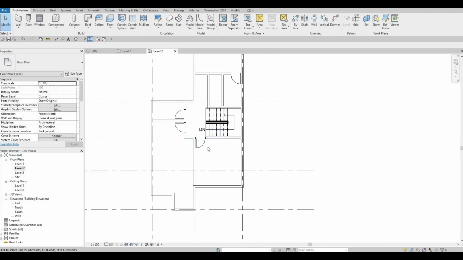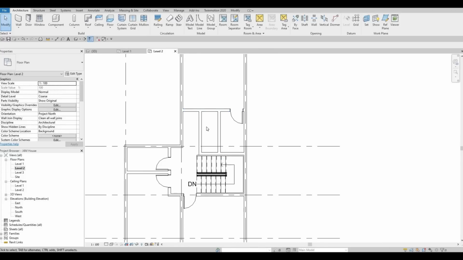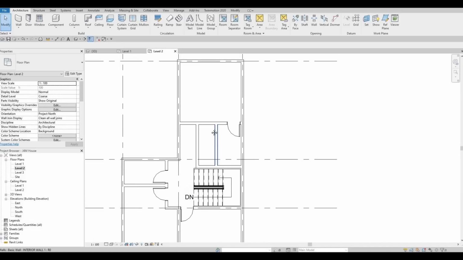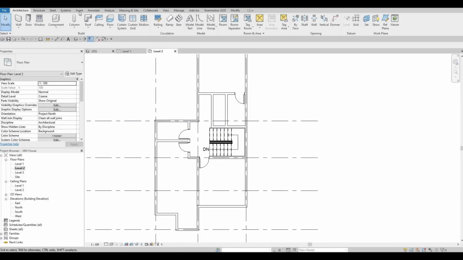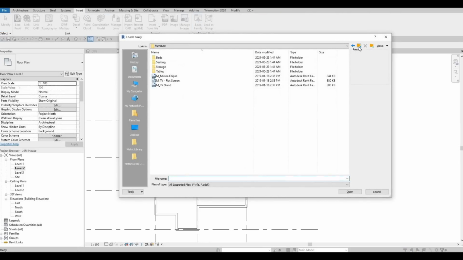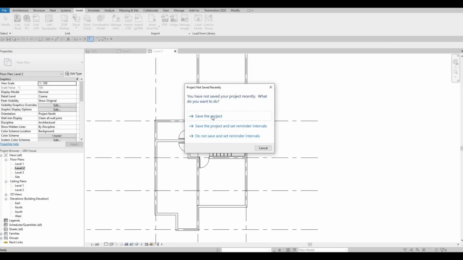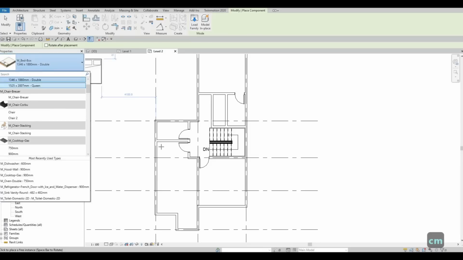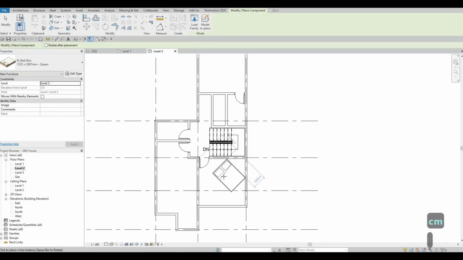So now I'm just looking at how it will look, and then let's go to insert and load the bed. So go to furniture and bed. I'm gonna load in bed box, click open, and then let's save this, and we're going to type in CM and change it up to queen, spacebar,